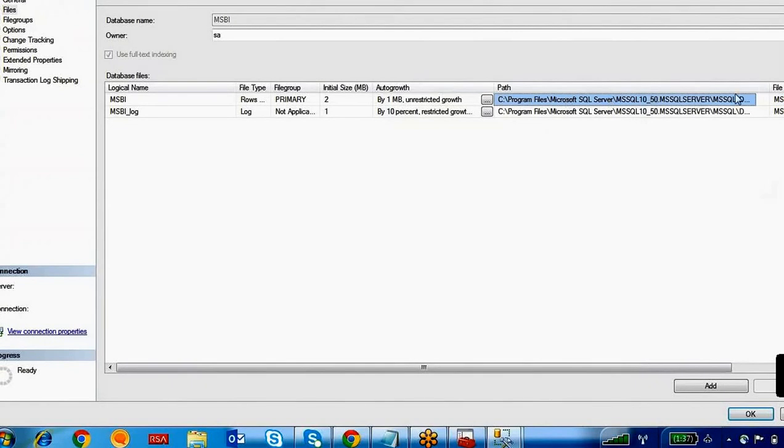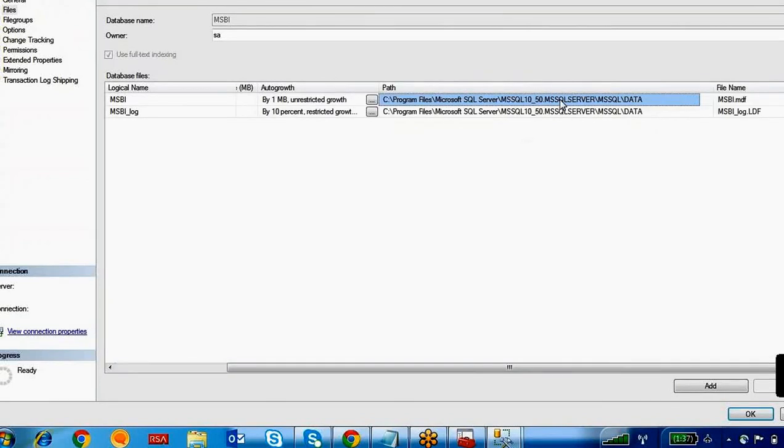So where is this database stored, in which location? C folder, Program Files, Microsoft SQL Server, MSSQL, data. In this folder, this database is stored. Okay, so right, we can see this folder.